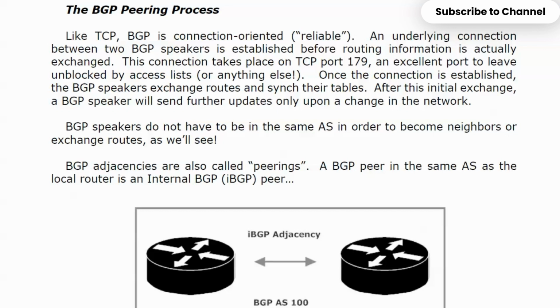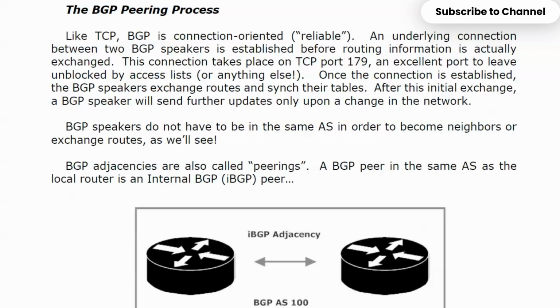of our BGP deployment. Just like TCP, BGP is connection-oriented. It's considered reliable. And we're going to have an underlying connection between two BGP speakers before the routing updates are actually exchanged. Now that connection takes place on TCP port 179, which is a port you've got to leave unblocked by access lists or anything else you happen to be blocking stuff with on your Cisco routers. Once that connection is established, the BGP speakers exchange routes, they're going to sync their tables, and then after the initial exchange, that is,